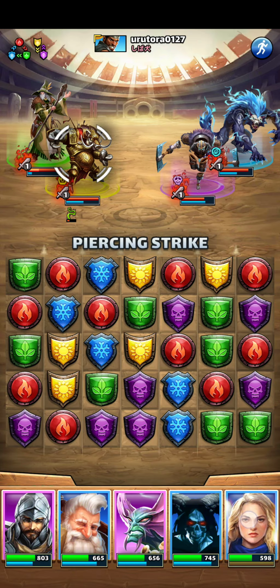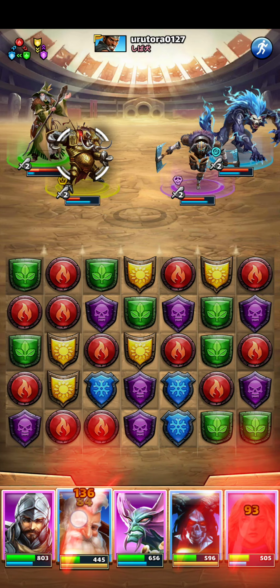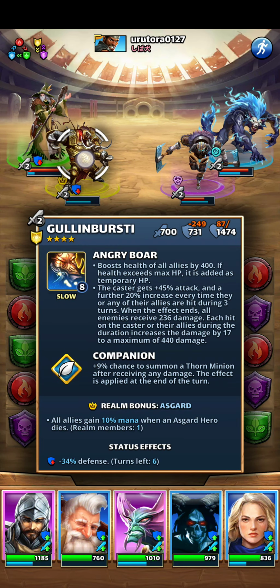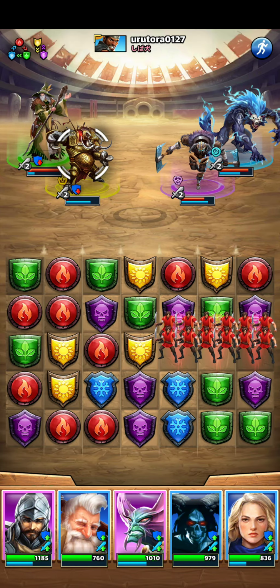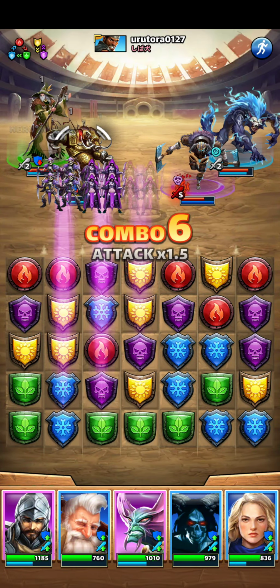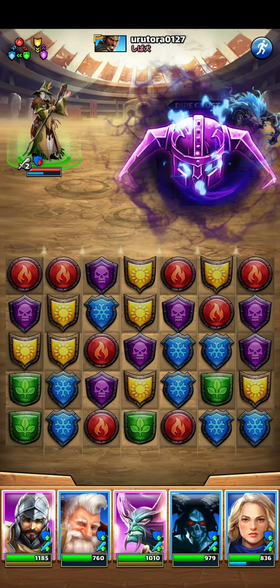Let's see if I can knock him out with this. No, he's not. This'll do. How many freaking hit points does this dude have? 1474 for a 4-star? Okay. I think that's buffed, but that's still ridiculous. I gotta do something here. This needs to end. There you go. Kill him. Yeah,